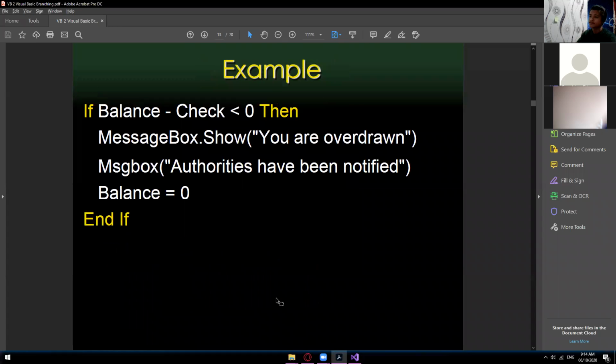Okay, so we have an example here. If balance minus check is less than 0, then we have 1, 2, 3 statements that we need to execute. Okay, so kanina isa lang yan. So ngayon pwedeng dalawa or pwede nang tatlo. Okay,